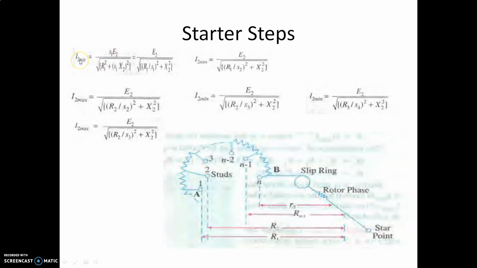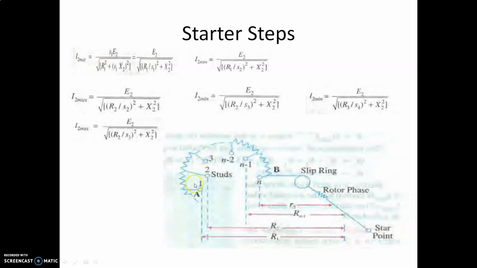So to calculate this rotor current, I2 is the rotor current, and the maximum current will be with R1 and the minimum current will be with the next one. This is the equation: S into E2 by Z2. This is the general equation for rotor current in an induction motor. Taking out this S, this is R plus S into X. So S1 you are taking out because it is in square, and this S will get cancelled. So R1 divided by S. This is the final expression for I.